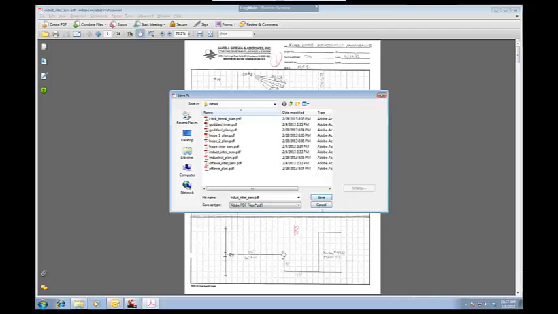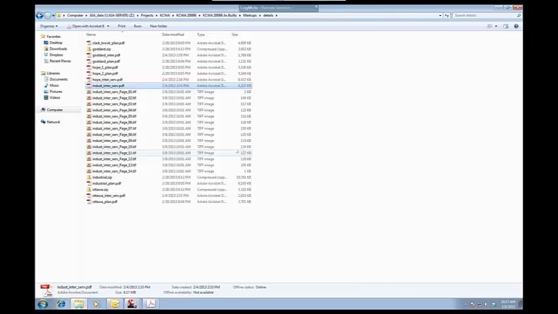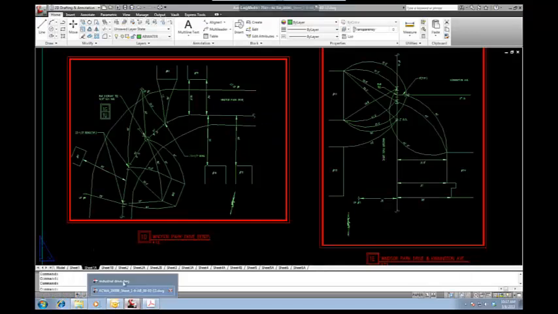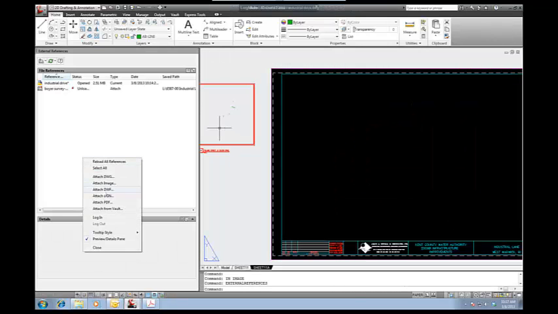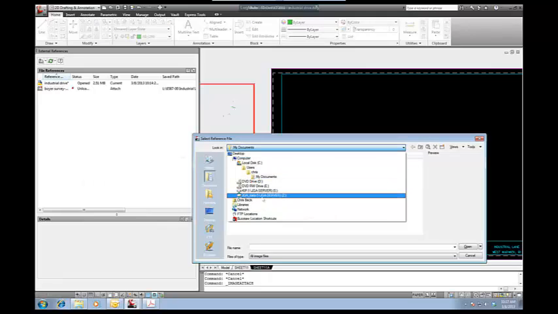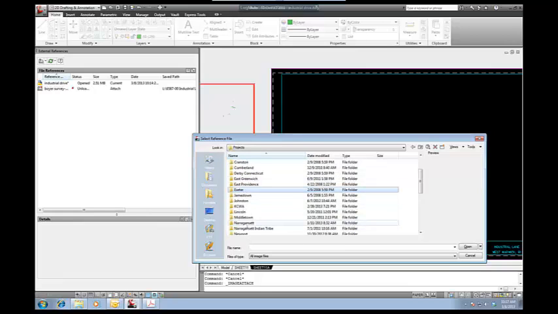And what it did was it created a TIFF file for each one of these, and I'll show you why that makes a difference. If you look at these TIFF files here, you'll notice each one of them, because there's 10 of them, I can then import those TIFF files into the drawing using the import command. Okay, and we'll go ahead and find those TIFF files, the projects, KC, and then 2009B,